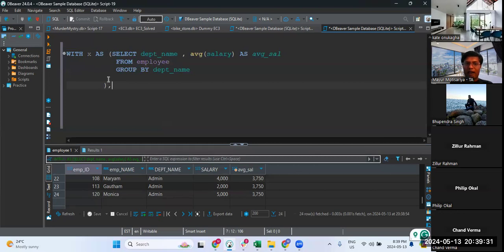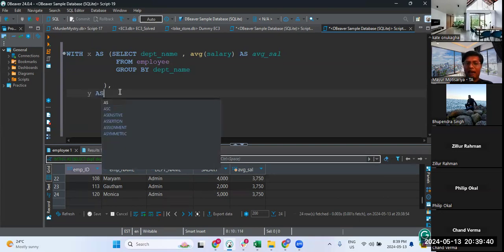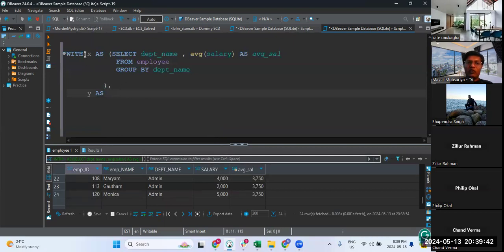Once the bracket is finished, I will put a comma, and then I will say the second CTE name. Let's put it Y AS. Only WITH is the one that doesn't get repeated when you are doing a second CTE with one WITH clause. Are we clear? Yes. Perfect. So Y AS, once again,